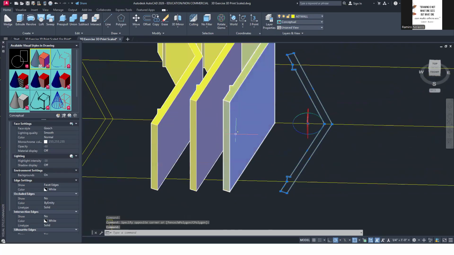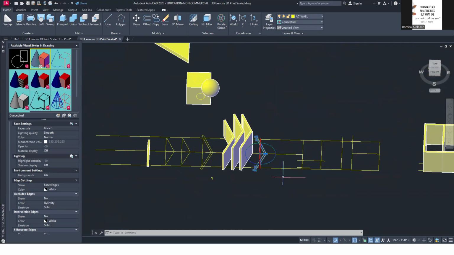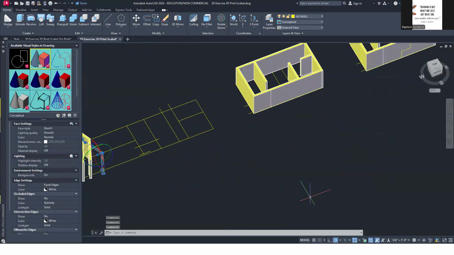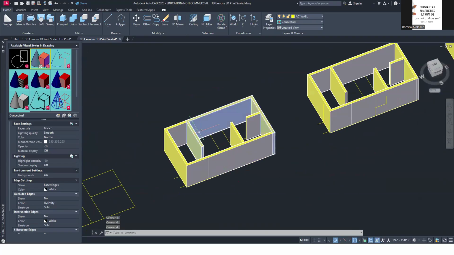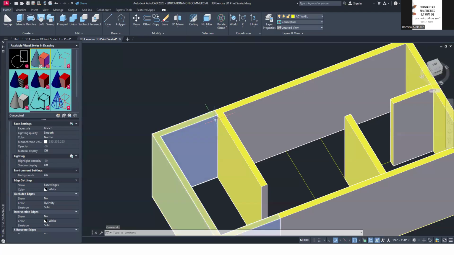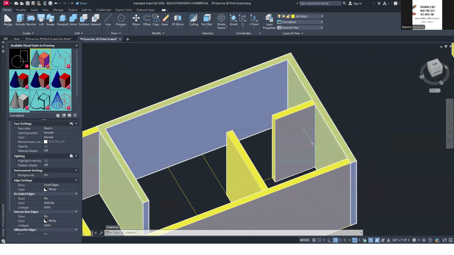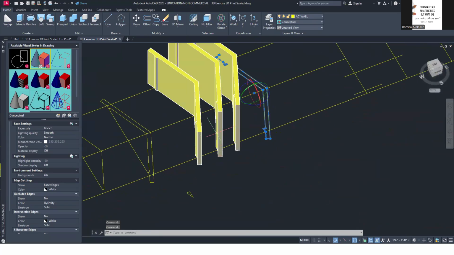Now, I could have extruded this as one roof, one piece, but I wanted to cut this into parts so that I can remove the roof and see the interior. So that was my plan. Because of that, I divided the roof, one going up to here, the other one going here, and the third one here. So I copied this 3 times and then extruded it to the height based on my requirements.